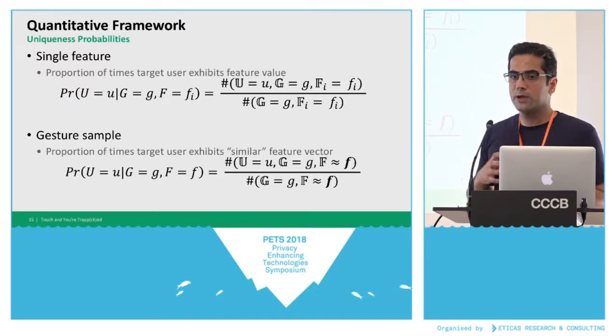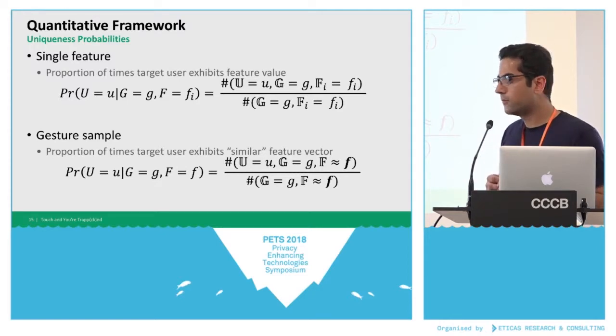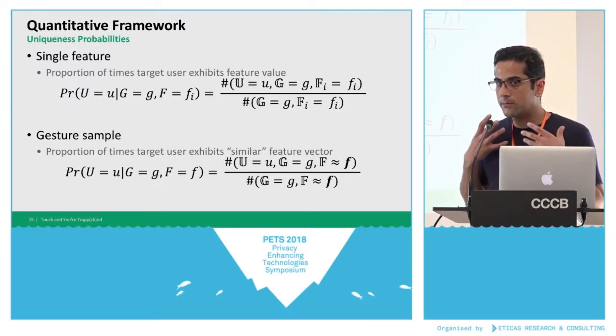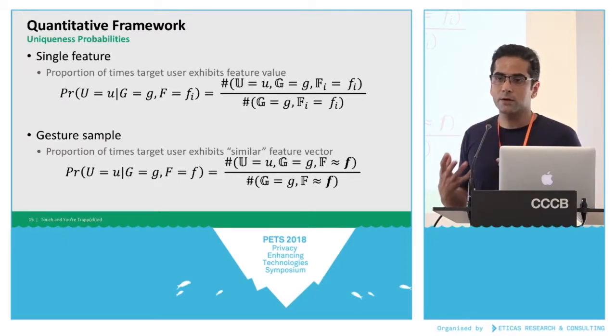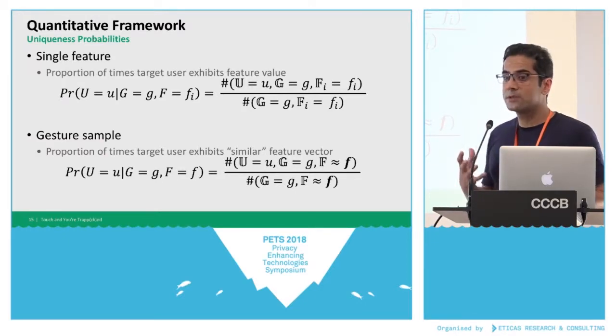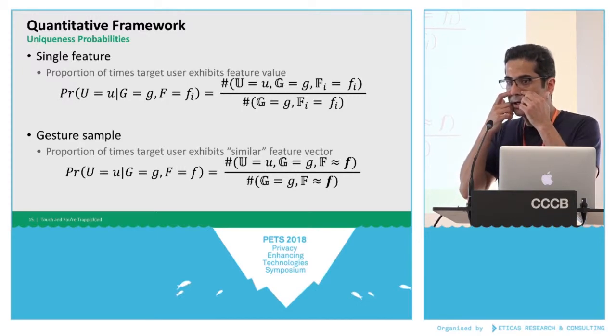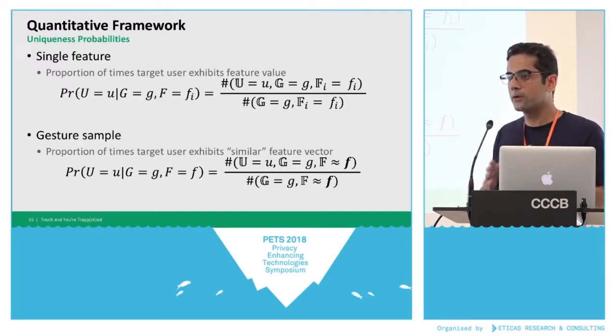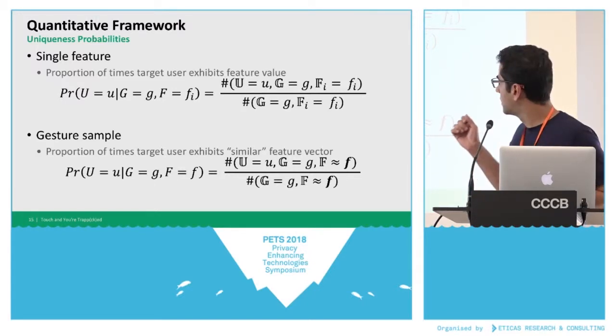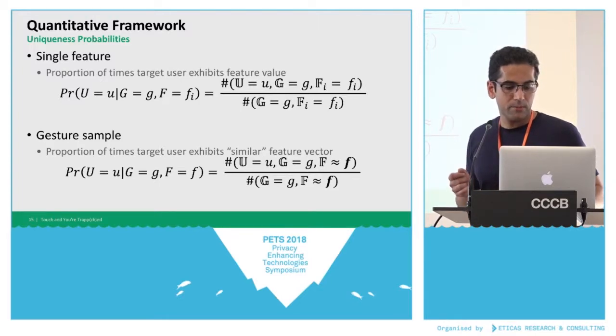For a sample, which means one feature vector from one gesture, we find out the proportion of times the target user exhibits a similar feature vector. So here we can't have an exact similarity because of the number of dimensions of the feature vector. You wouldn't have an exact match. So we insert user similarity based